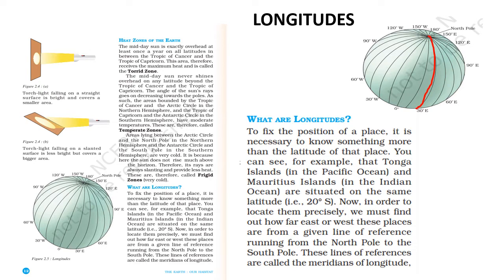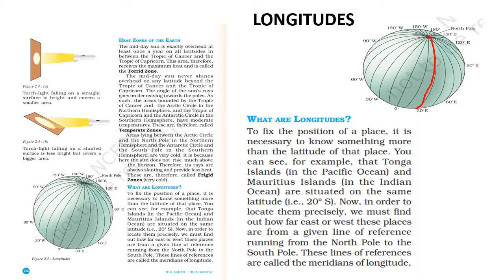Now, in order to locate them precisely, we must find out how far east or west these places are from a given line of reference running from the north and south pole,